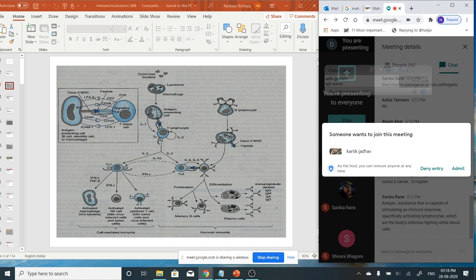Here, these are the B lymphocytes which are differentiating because of the actions, and they are causing formation of various immunoglobulins like IgG, IgM, IgA, IgD. So this is how different kinds of immunity are there. So this much part is cellular immunity, and the next portion is the humoral immunity. So these things are there.